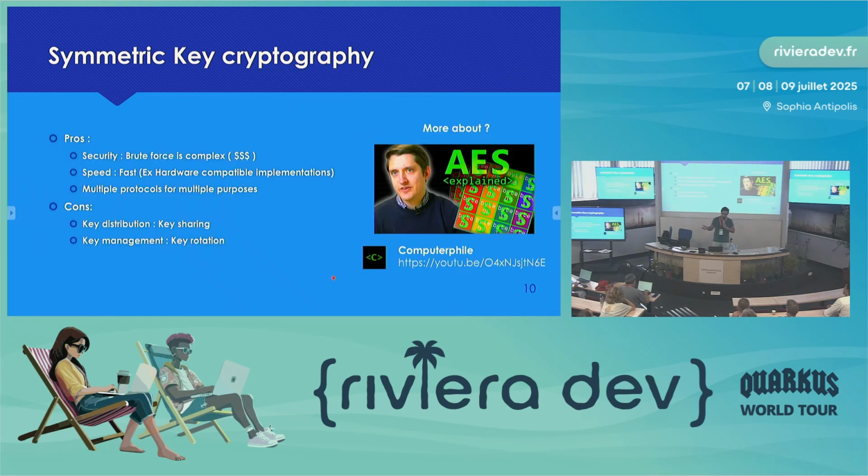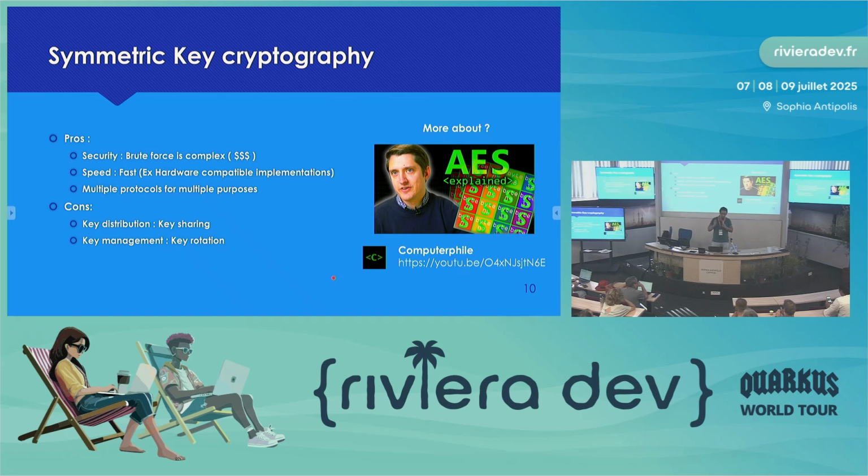So let's have a summary of symmetric key cryptography. This kind of cryptography is nice because if you have an encrypted message, it's hard to open it without the key. You would need either a lot of money, or a lot of CPU, or a lot of time. Pick how you want to do the brute force. Then it is fast to process. So if you want to encrypt something,